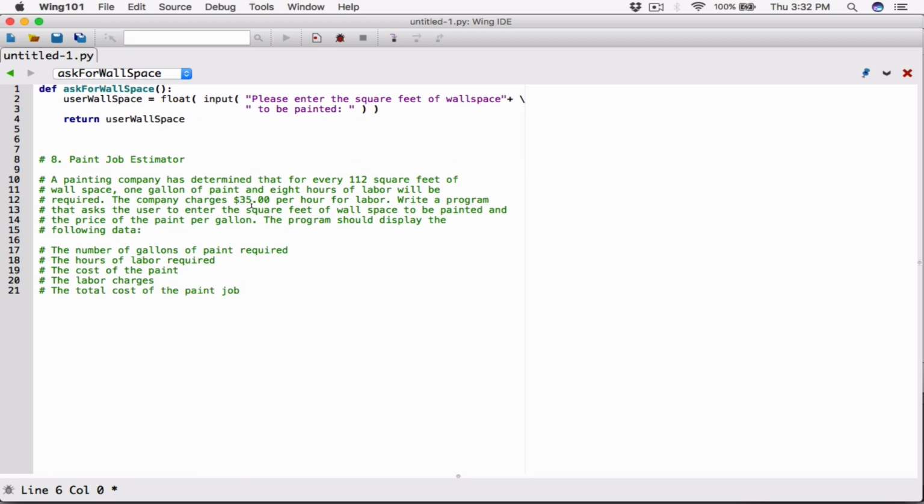Now over here, it also says to write a program that asks the user to enter the square feet of wall space to be painted and the price of the paint per gallon. Okay, so